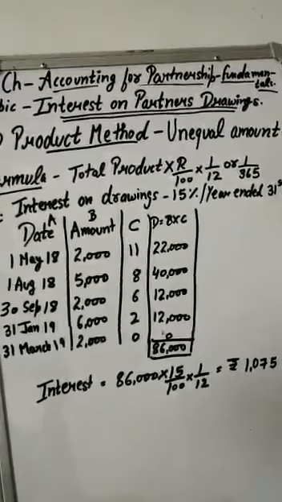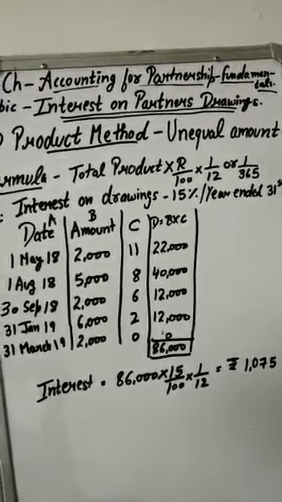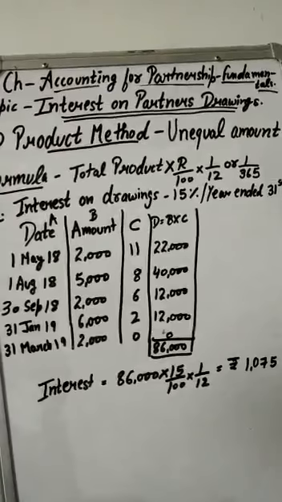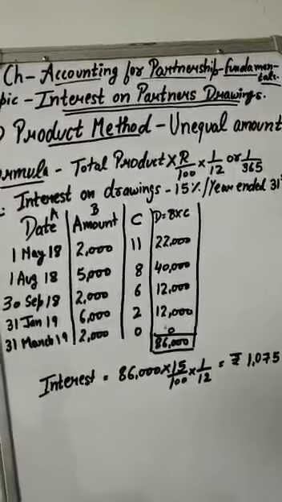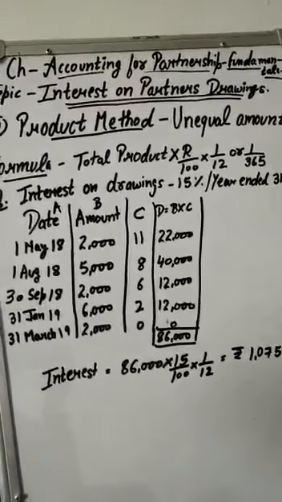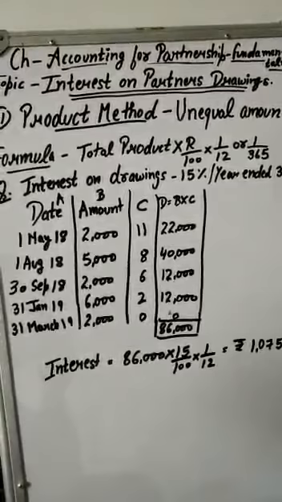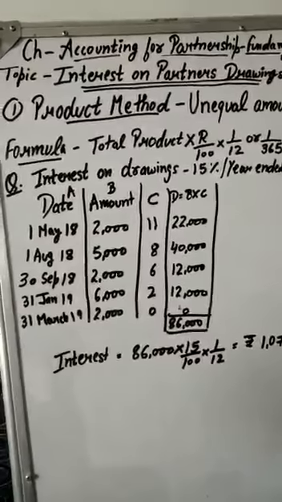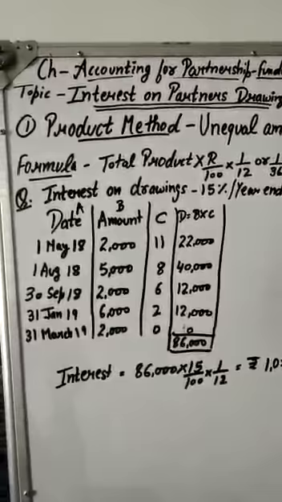Today we'll be continuing with the same chapter, Accounting for Partnership Fundamentals, and our next topic will be Interest on Partners' Drawings. As you have read earlier in the previous questions, if the partner has withdrawn an amount just once in a year, then he'll be charged interest on drawings for the period he has used that money, and the percentage is applied on it. But